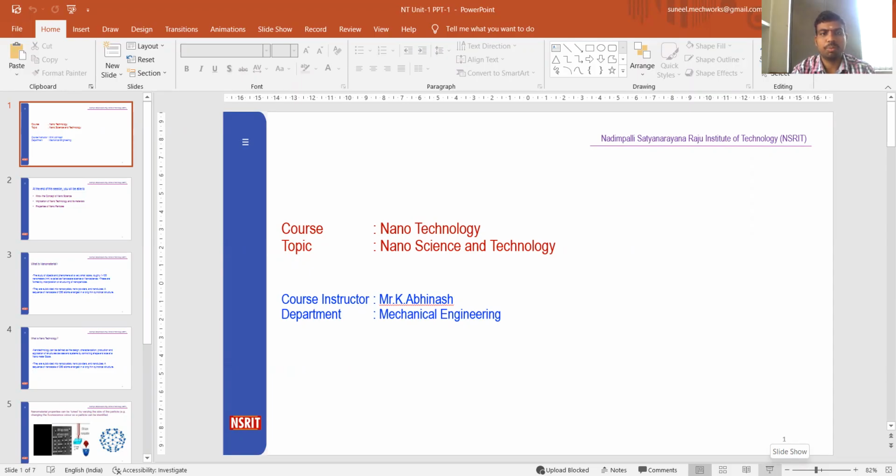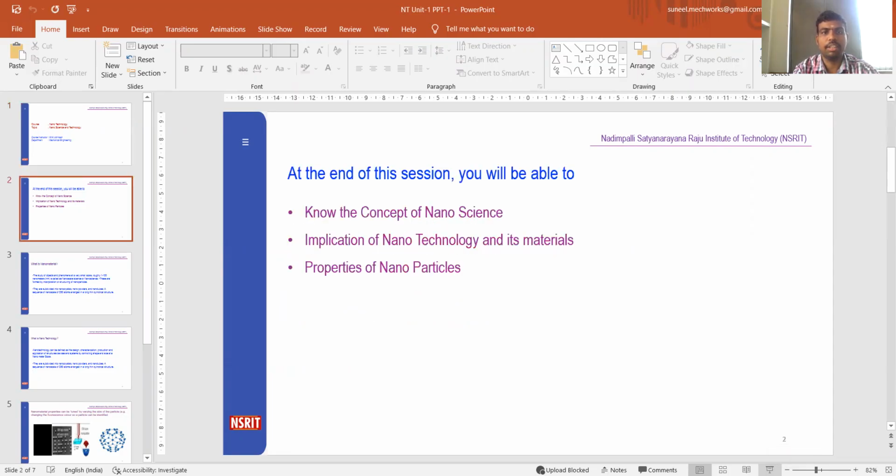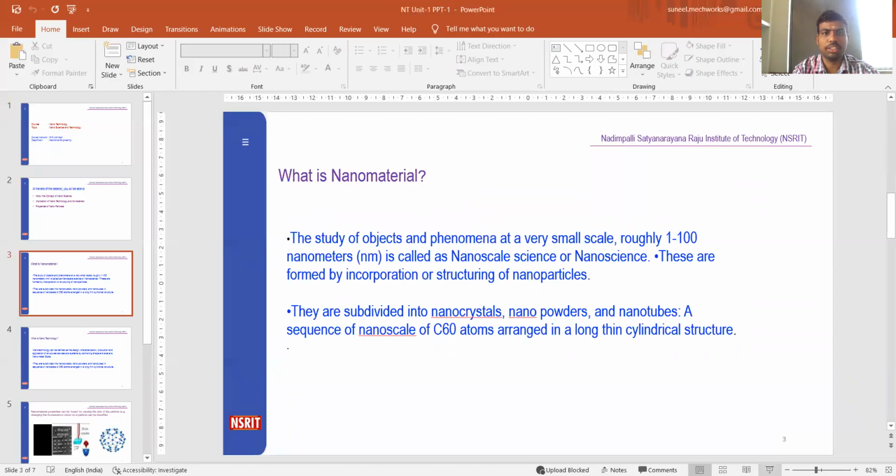So, in this concept, we are going to discuss what is nanoscience and what is nanotechnology. And by the end of this course, you will know the concept of nanoscience, the implication of nanotechnology and its materials, and the properties of nanoparticles which are established towards it. So coming to the concept of nanotechnology, first of all we need to go through what is